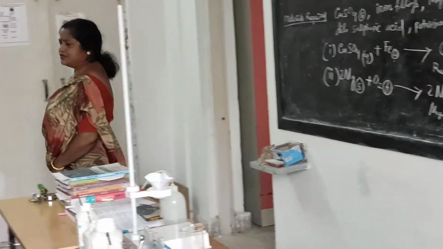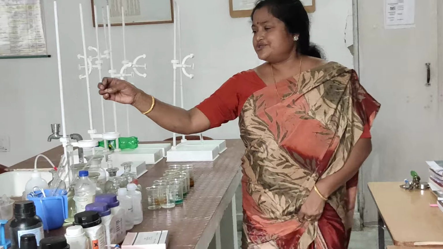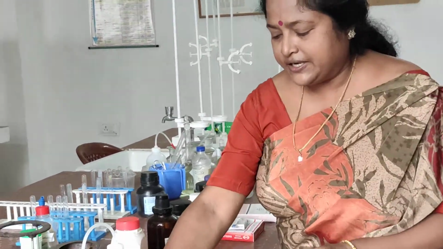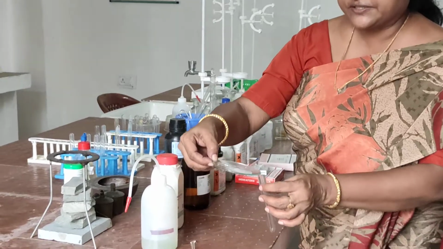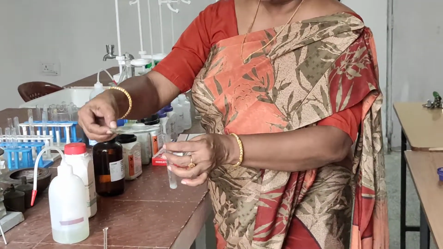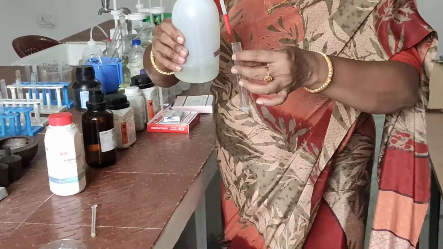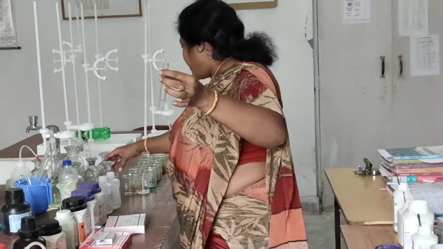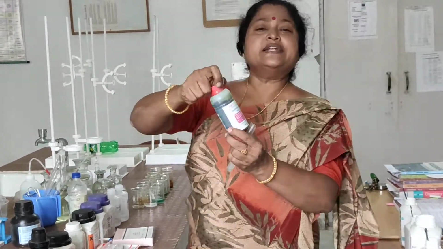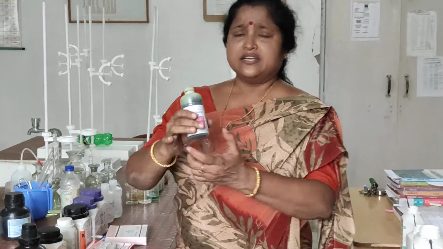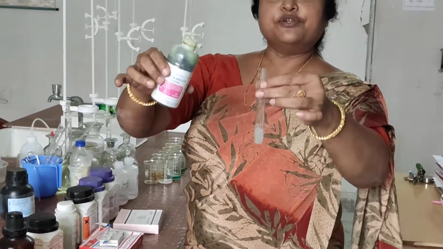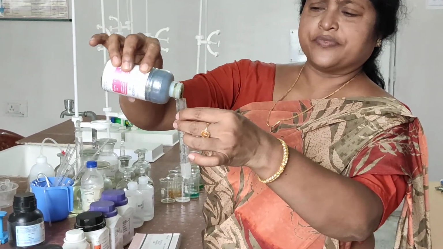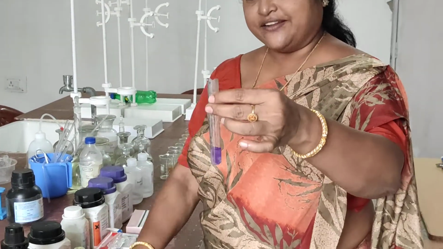Students, I want to show you another experiment for your benefit. I am just collecting a little bit of this extract. We'll do some experiment, no problem. And I am dissolving it in water. It's a colorless liquid. Okay. I am adding a drop of universal indicator solution. Let us see if we are getting any change. Well and good. If you are not getting, I am just adding another drop of universal indicator.